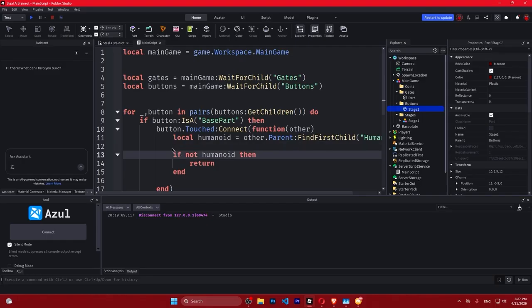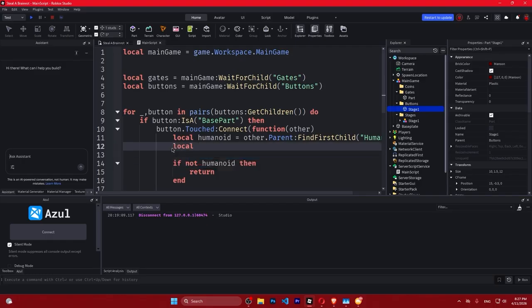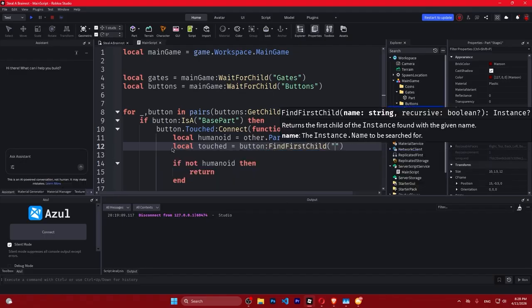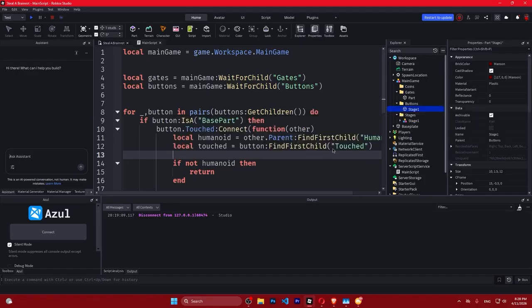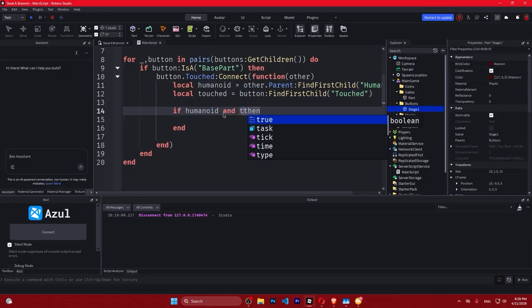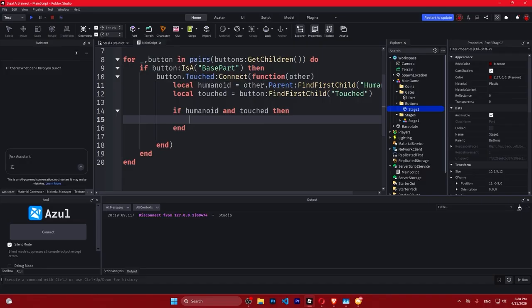And also what we're going to do, just for safety here, we're going to add a touched button that will be able to find an attribute that we will specify as touched. This is going to be a Boolean instance. So we make sure that we don't have duplicates or whatever. So we're going to change this clause instead of return and all of that. We're going to filter with humanoid and touched. So if both of these cases are true, then what we want to do